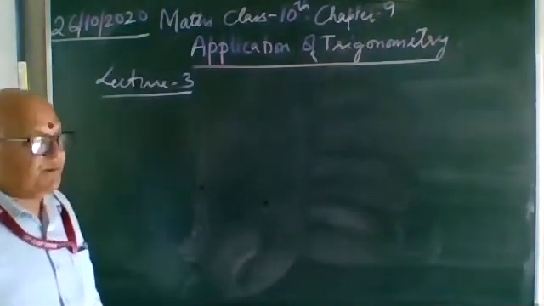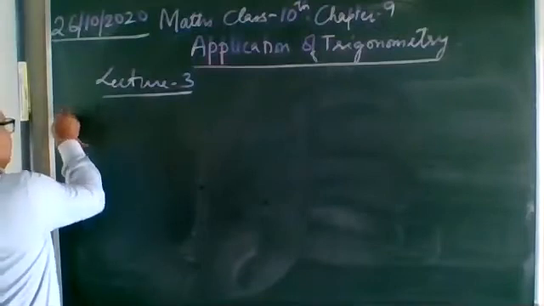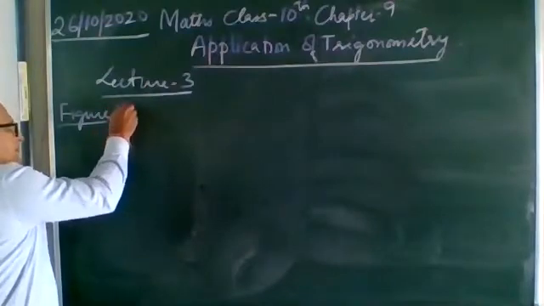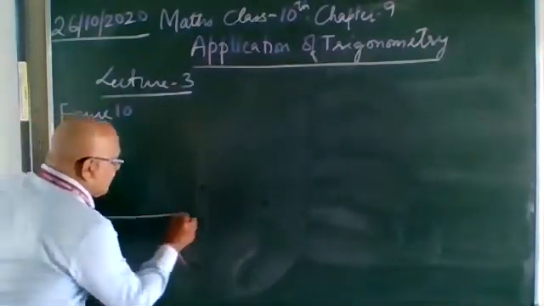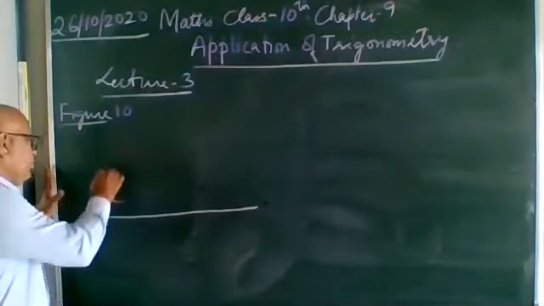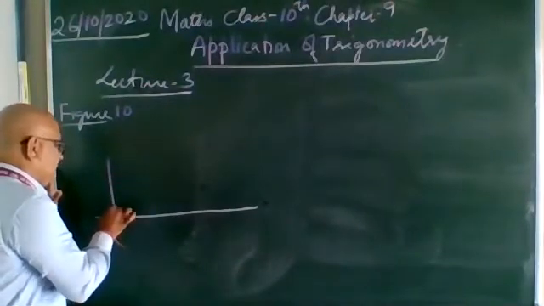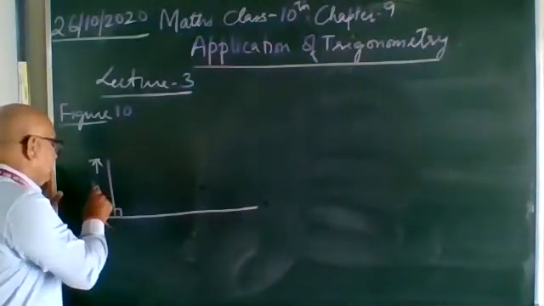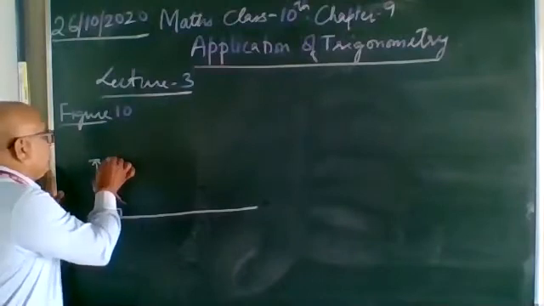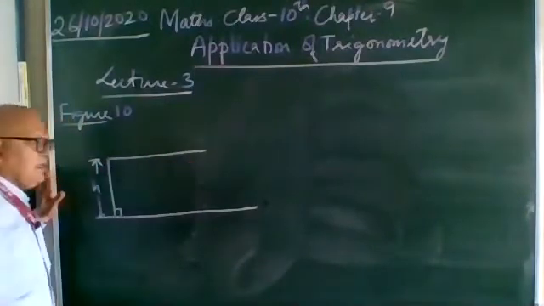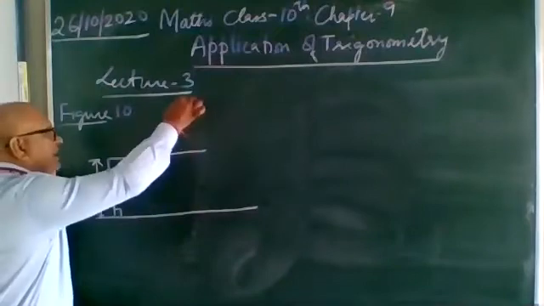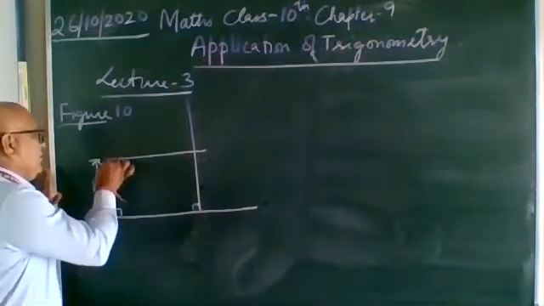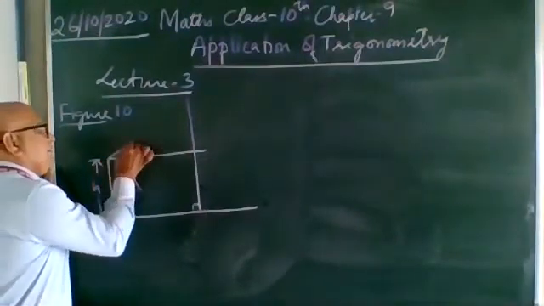Now comes the figure. Another figure is there, and here about figure 9 or 10 maybe this. So now this figure, this is the ground. You are on a building. You can say the question can be on that the height of the window. From the window, the normal side is this one. Now another building is on the either side in front of them. So this is now from there elevation is given to you.